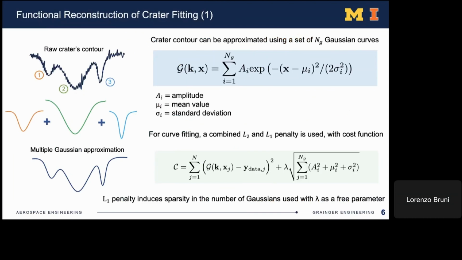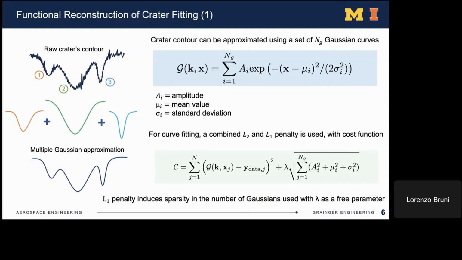Now, after we segmented the data and extracted the contour outline, we have a list of points representing the shape of this contour. And the first step for us is to find an analytical representation of this extracted contour, which is a function of just a few parameters. And there are many ways to do this, but we chose to approximate the outline of